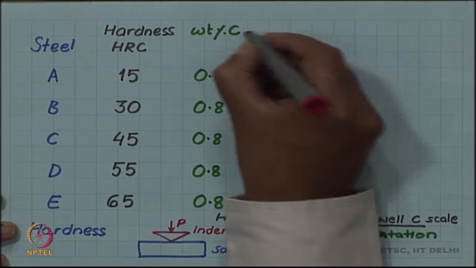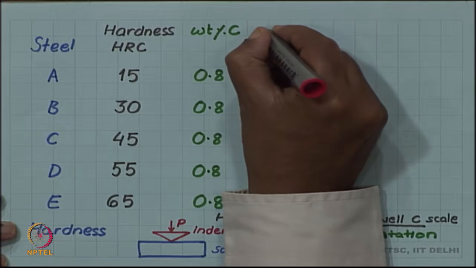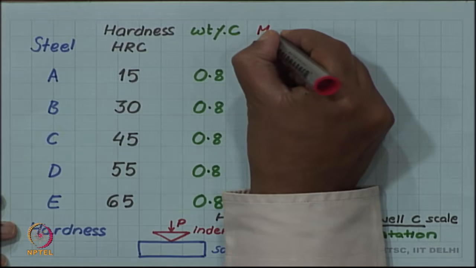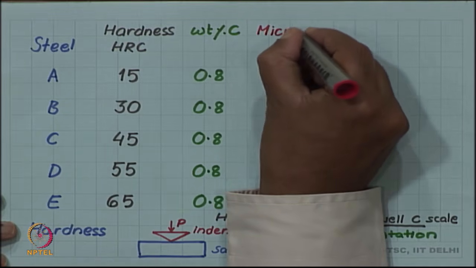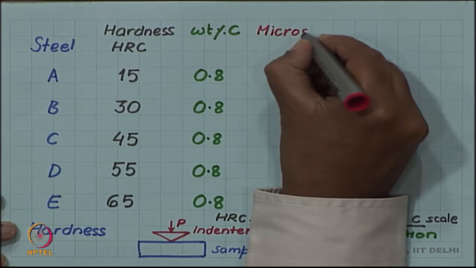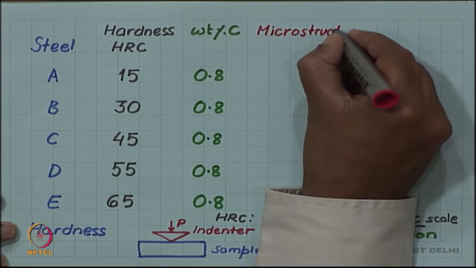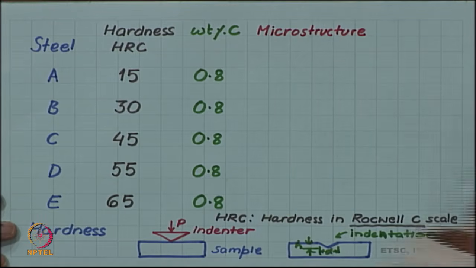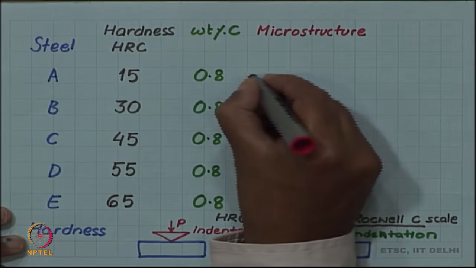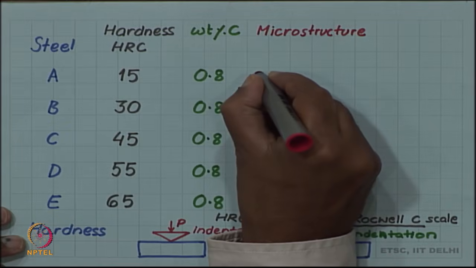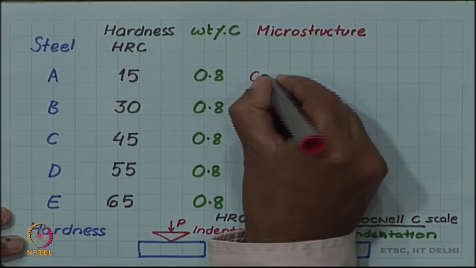If we look at the microstructure, we find that they have different microstructures. So, for example, steel A has coarse pearlite,